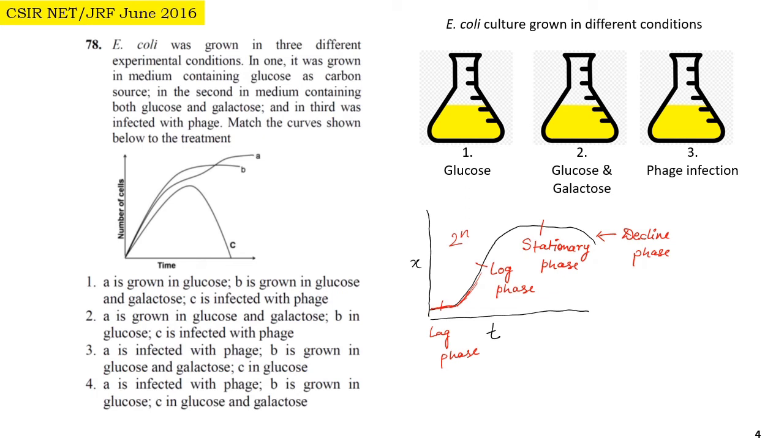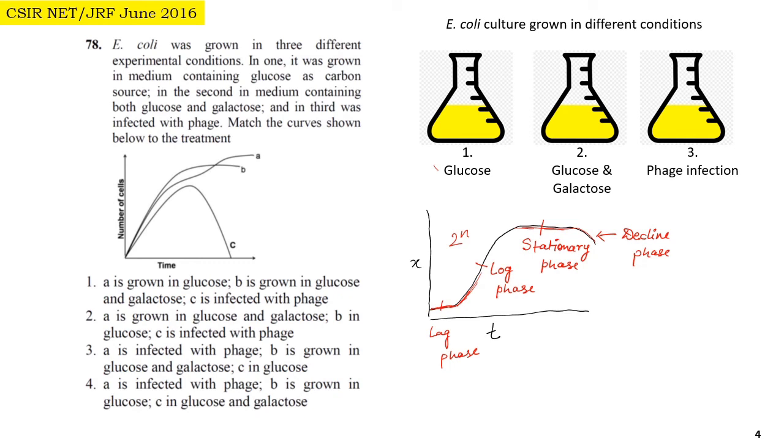After some time, nutrients in the media start depleting and bacterial cells start dying also, and the growth slows down. Okay, so in that condition there is no visible increase in the bacterial cell number. So again this graph becomes flat in the stationary phase. Then after that the nutrient completely depletes and also some toxic metabolites start accumulating in bacterial cells. So most of the cells start dying and this graph declines. So in short we can say that this is a bacterial growth curve.